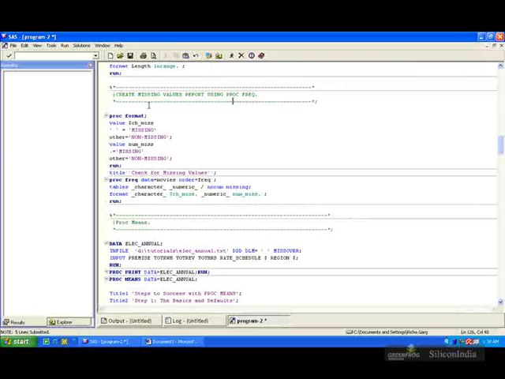Now let us take another example of creating a missing values report using PROC FREQ. Like most SAS programmers, you occasionally run into problems with missing values. Using a format and a PROC FREQ, you can easily do a quick analysis of a dataset before you do any programming to find the missing values in every variable in the dataset. The keyword _CHARACTER_ and _NUMERIC_ tells the procedure to evaluate every variable in the dataset. The formats below force every variable to be displayed as either missing or non-missing, thus give